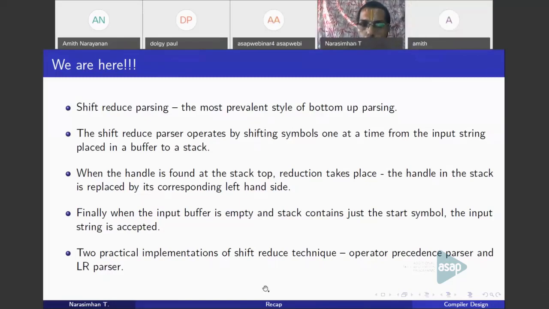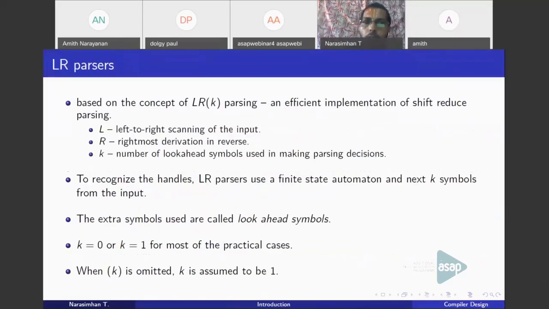Let us move to our topic today, LR parsers. LR parsers are based on the concept of what you call LR(k) parsing, which is an efficient implementation of the shift reduce technique. So in LR(k) parsing, you have three symbols, L, R, and K. What are these? L means a left to right scan of the input. You are going to scan the input from left to right. Starting from the leftmost symbol of the input, you proceed towards the right end to determine whether it is valid